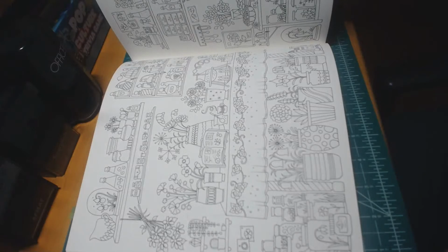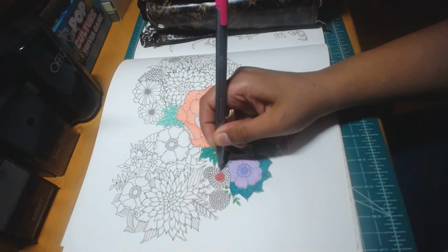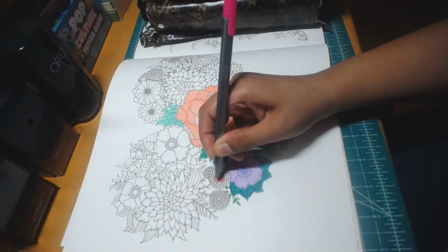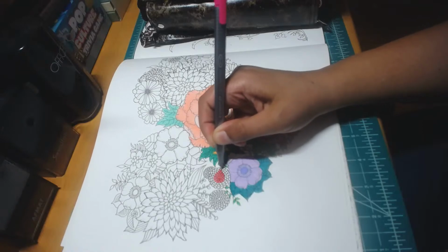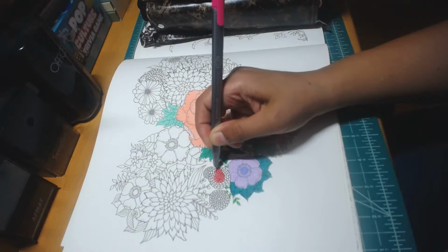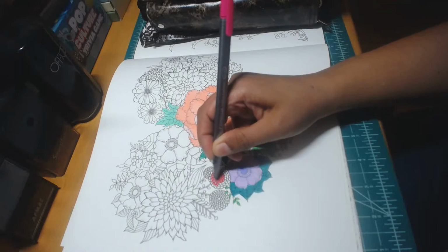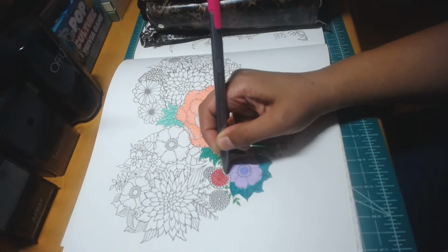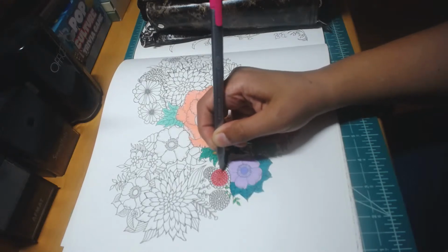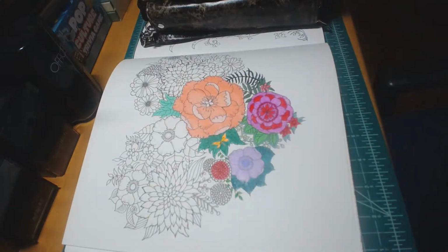Make sure to bleed through. Sometimes if you press too hard with your fine liners, these will bleed through. So keep that in mind when you color with the. So you see,